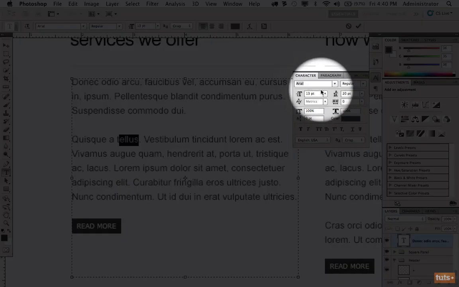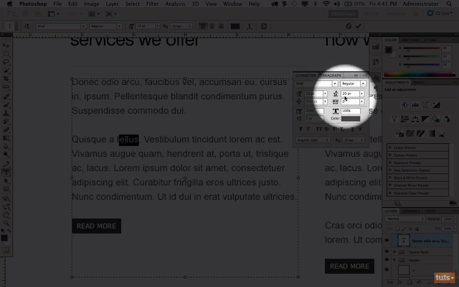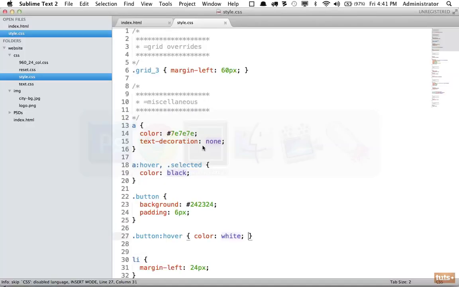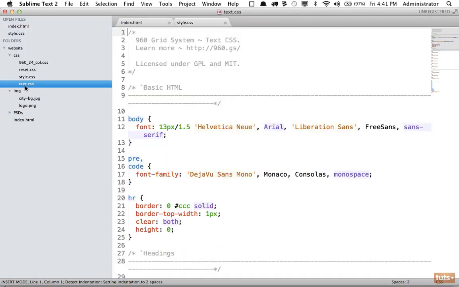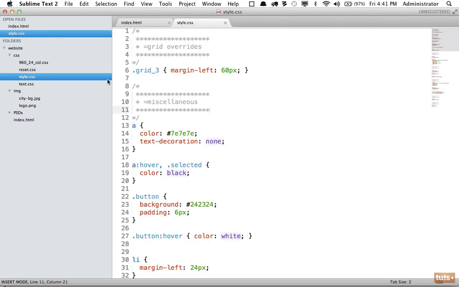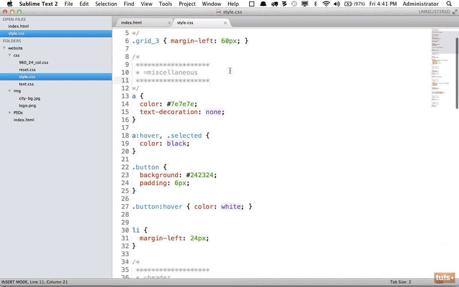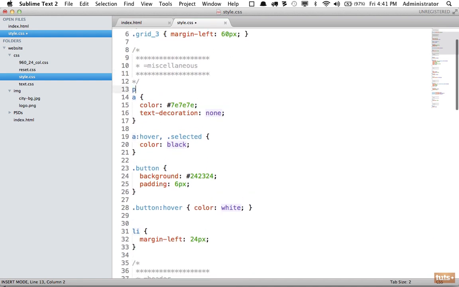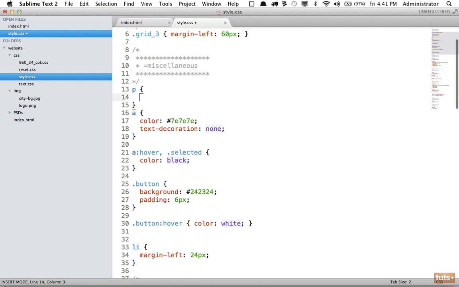He's got a font of Arial, and the font size he selected is 13 pixels with a line height of 20. Let's add that in right now. We can override the text.css file that was supplied. We can add it to text.css if we want, or if you'd prefer, you can work within your layout and leave that blank. In this case, because we're within style.css most of our time, I don't want to confuse you too much. So we'll do it right here within our general,